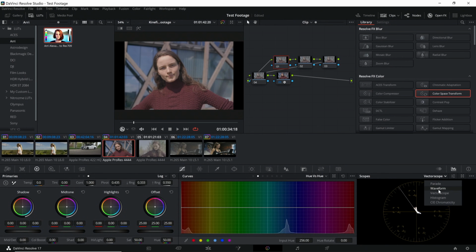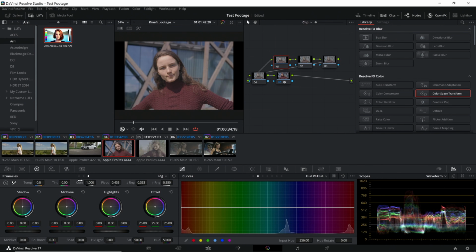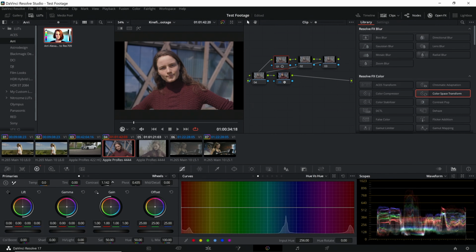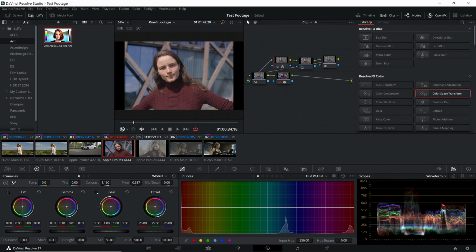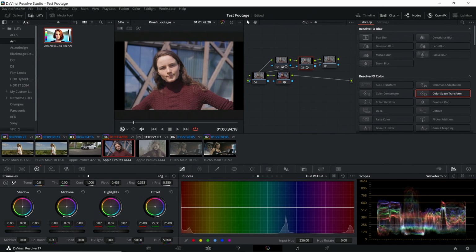So in this case, we want to add some more contrast. So let's just quickly add some contrast to this. We're gonna pivot up just to open it up a little bit. And then I'll just go to here. Because actually, yeah, I'll bring the gamma up a little, bring the gain down. And then I'm just gonna go to the highlights, pull this up, and then I'm going to go midtones,